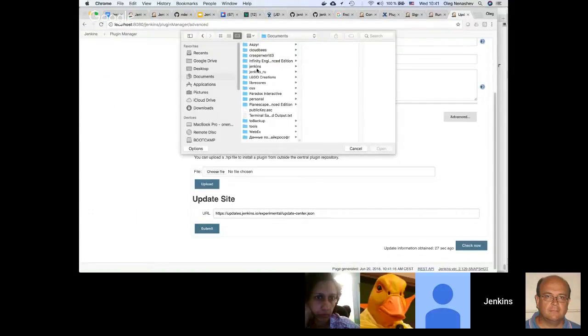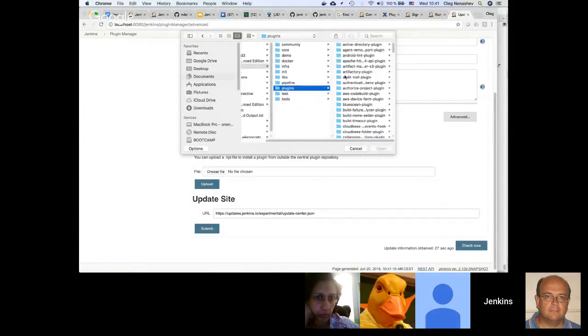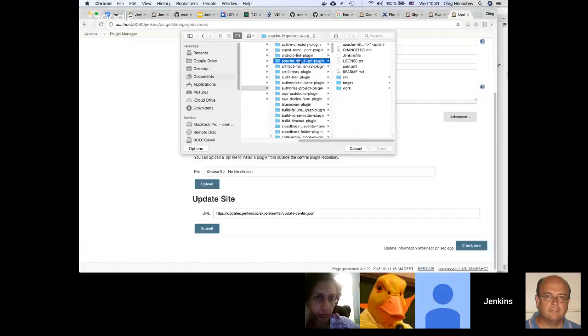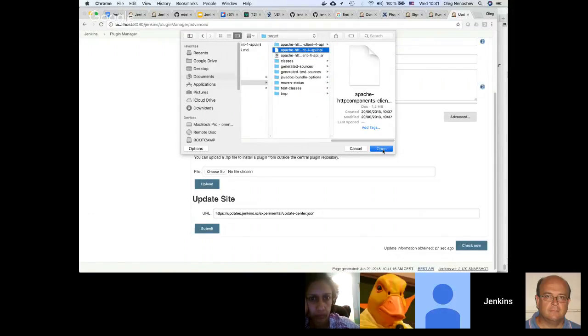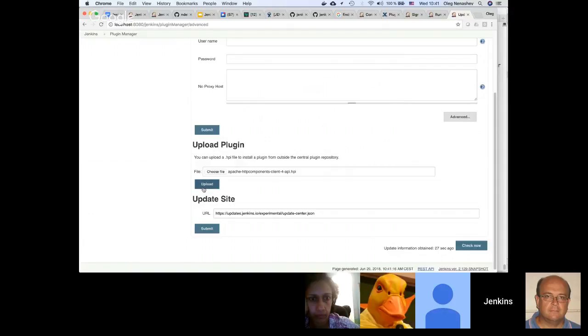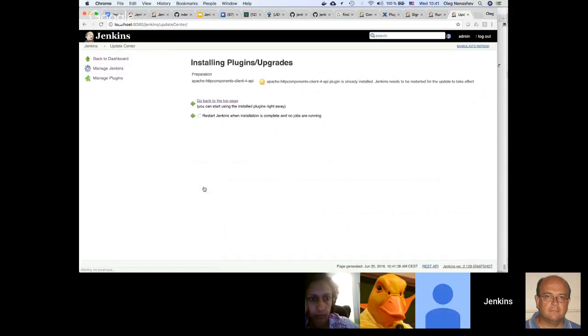Documents, Jenkins, plugins. What have I been building? The Apache HTTP client plugin. Here's the target, and in target I can find the HPI file. I just select that, then deploy it, and you may see that it's already installed because likely it was a dependency.